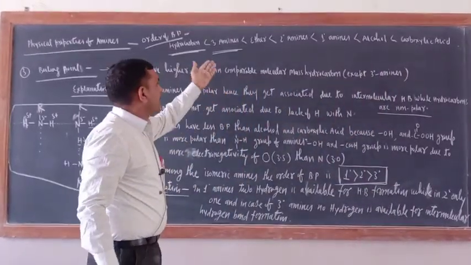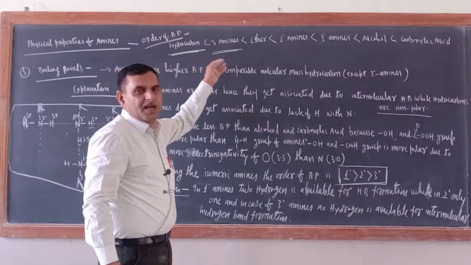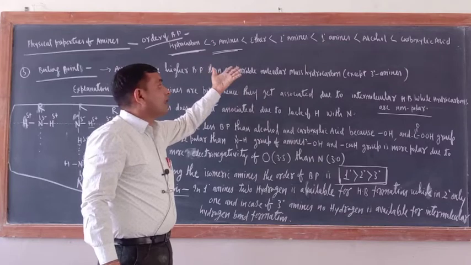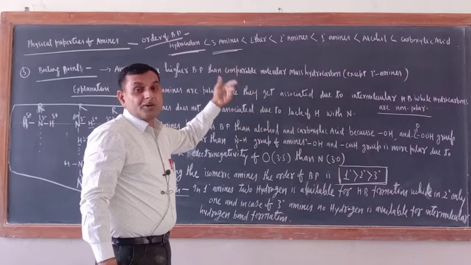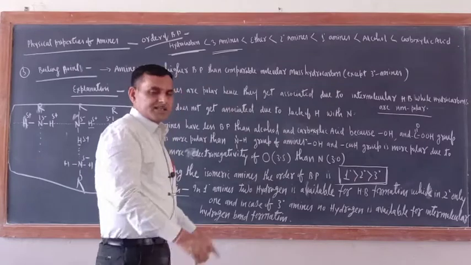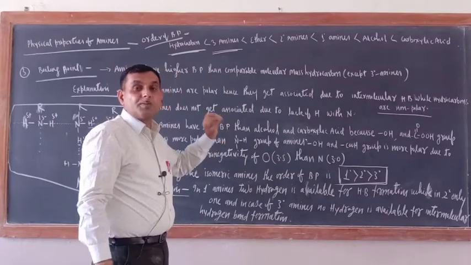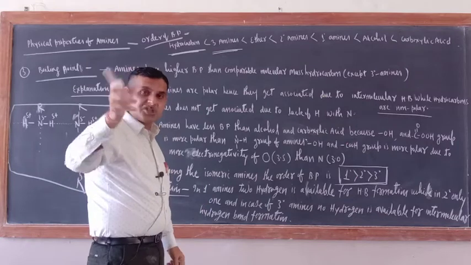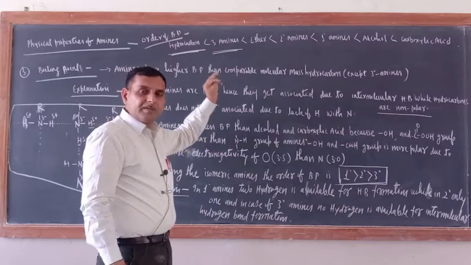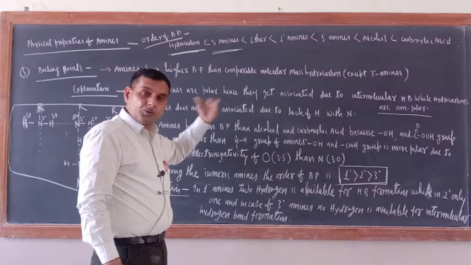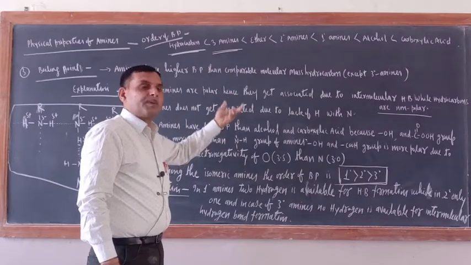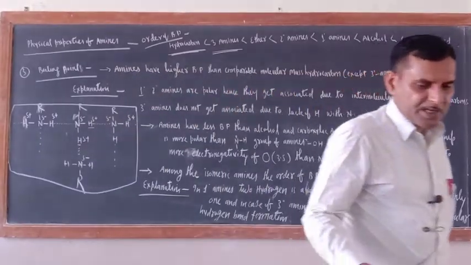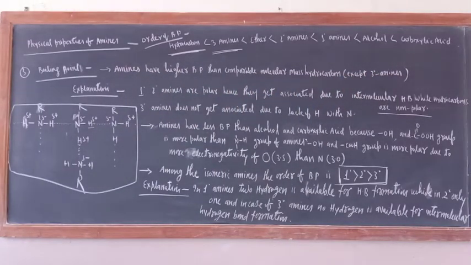Okay, correct. Now they will give you individual members. Here I wrote the class of organic compound. They will give you 3 degree amines, now one particular ether, one particular 2 degree amine, one particular 1 degree amine. But remember, molecular mass should be comparable. With the increase and decrease of molecular mass, there is a change in the boiling point. So they will give examples of those molecules which have comparable molecular mass. In this way, your boiling point, or you can say the physical property, is completely covered.